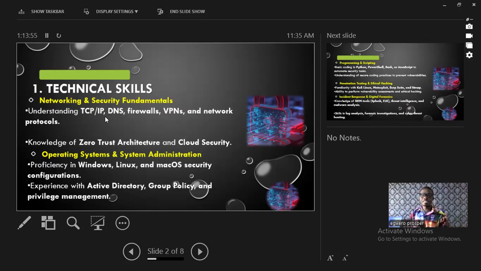So it is expected that as a cyber security practitioner, you should be familiar with Microsoft Windows. You should be familiar with what? Operating systems. You should know how to manage Windows. Okay, look at the recommended proficiency for you to understand: proficiency in what? Windows, Linux, and what? Mac OS, for those that use the Apple system.